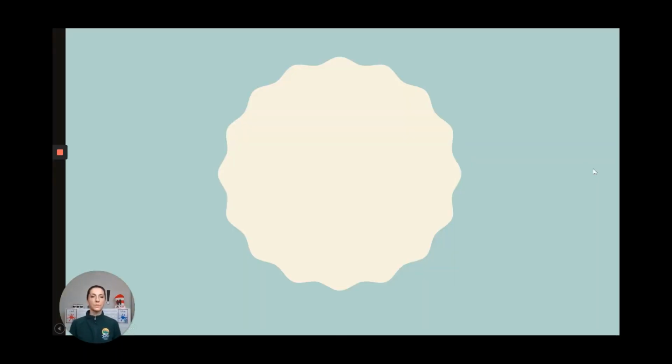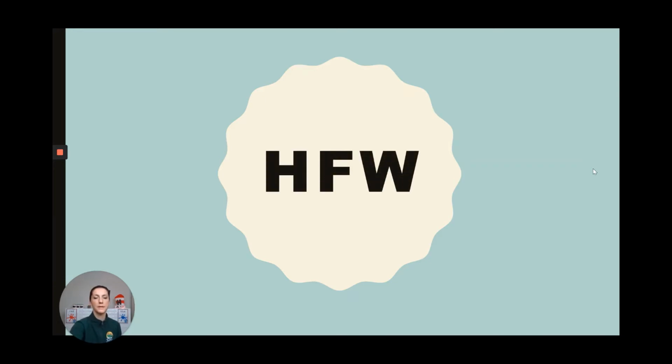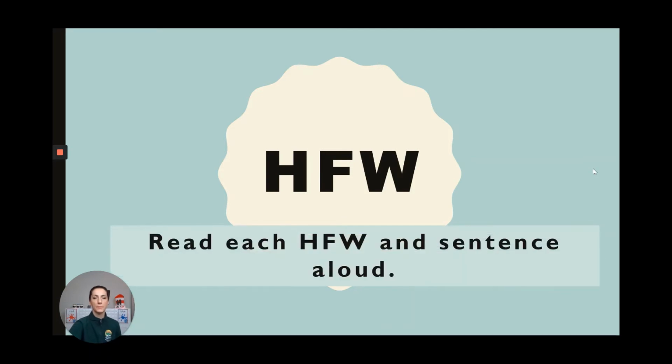All right, so we are going to go over our sight words from lesson 16. So please remember, this is how we'll do it. The sight word will come up just like this, and then a sentence will come up. Read each high frequency word and sentence aloud. What does aloud mean? It means out loud, like your family should hear you in your house reading your sight words and your sentences. They want to know that you know them, and I want to know that you know them too. I can't hear you, so they are my ears.